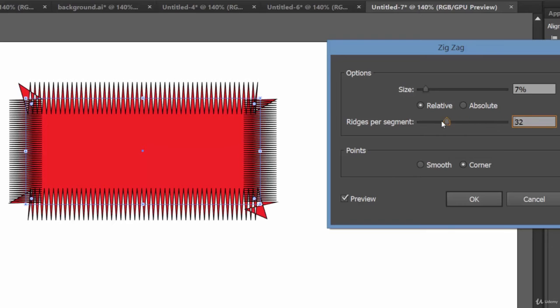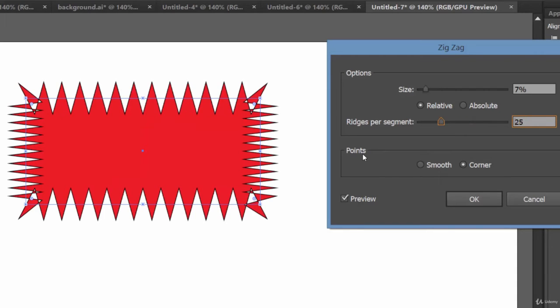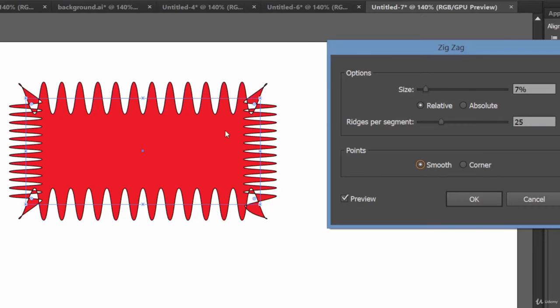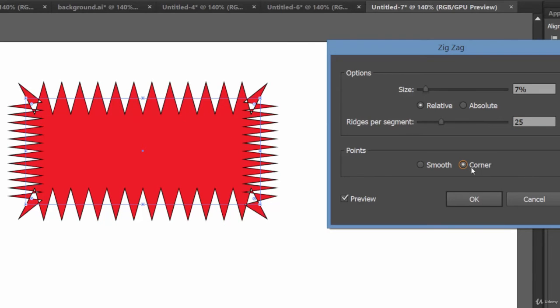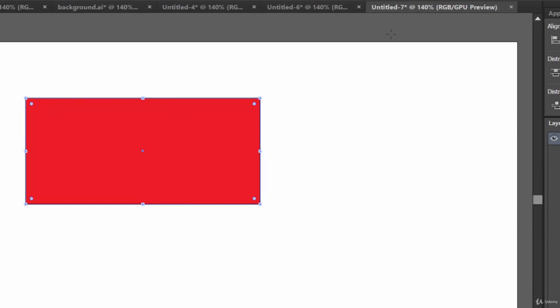And then we have an option of points. You can make it smooth and see, or you can make it corner points. And using this, yes, it seems like nothing, right? But we are having a project on it that we will see later on in this section only. So be patient and believe in me, you are going to learn really cool stuff.